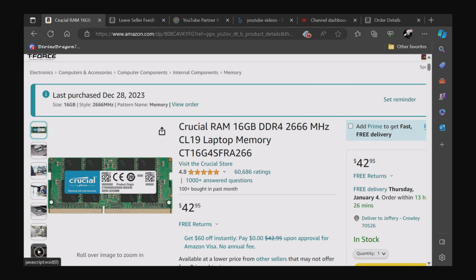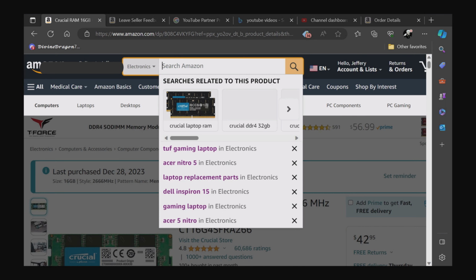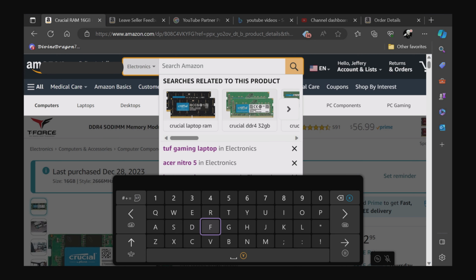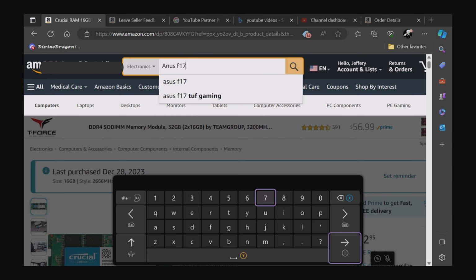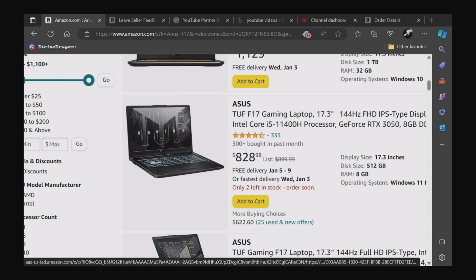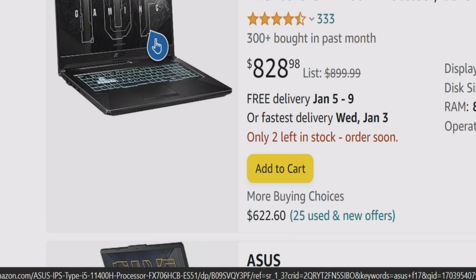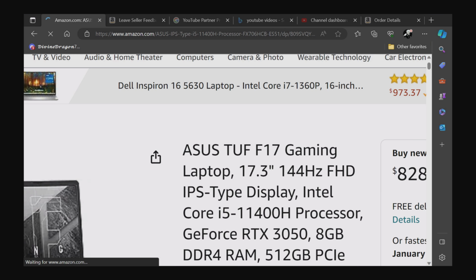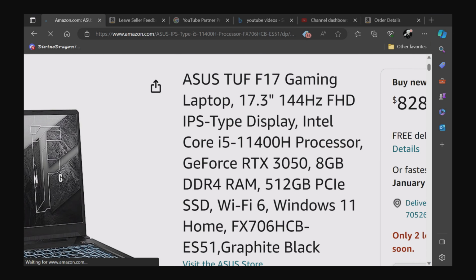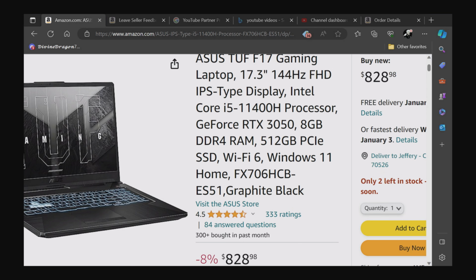If they at least put a 1 terabyte and 32 gigabytes, that would be truly amazing, right? On top of that, what was the name of that laptop? F17. All right, so these were the two best laptops for $700, and I was going to get my hands on a new Turf F17 gaming laptop. It's literally the same thing as the Acer Nitro 5, but when it was $700,